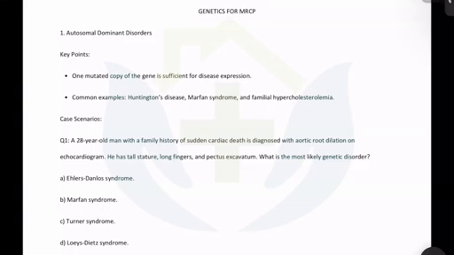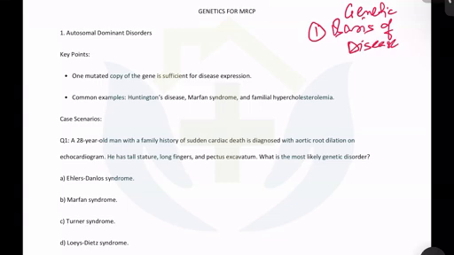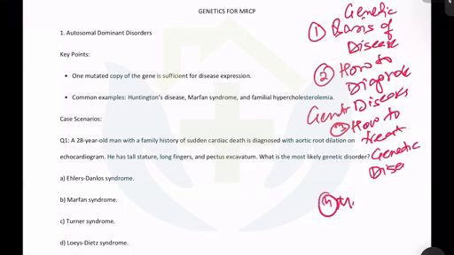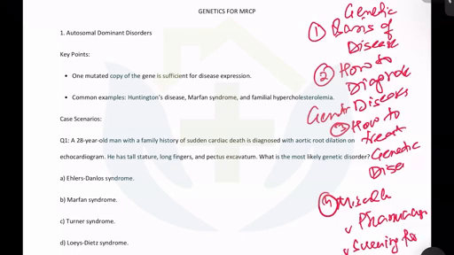you need to understand that in genetics, you will get, number one, the genetic basis of disease. This is the concept that is asked in the exam. Number two, how to diagnose genetic diseases. And number three, which is a very weird thing, how to treat genetic diseases. And number four is miscellaneous. Miscellaneous is like pharmacogenetics, then screening for genetic disorders. Like every country will have their own set of recommendations and guidelines as to how to screen for genetic diseases.